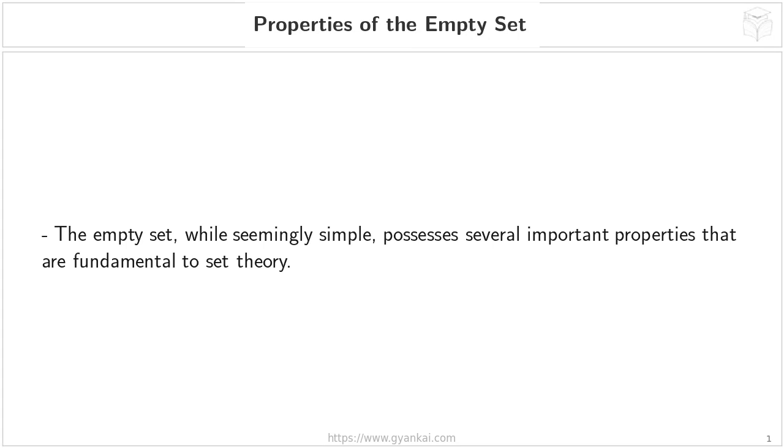Properties of the empty set. So we've started a new section on the properties of the empty set. Now, you might be thinking, the empty set, isn't that just nothing? And you're right, in a way. But even though it seems simple, the empty set actually has some really important characteristics that form the foundation of